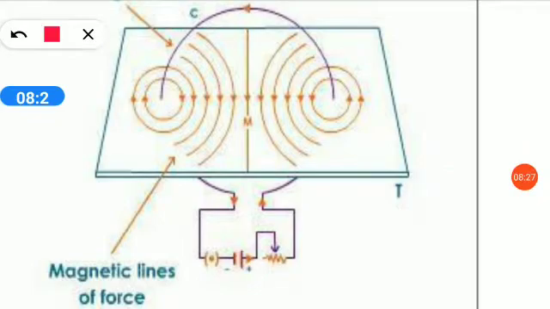As these are iron filings, they arrange themselves in the form of concentric circles, representing the magnetic field lines due to the current carrying loop. Here you can see the direction of current.